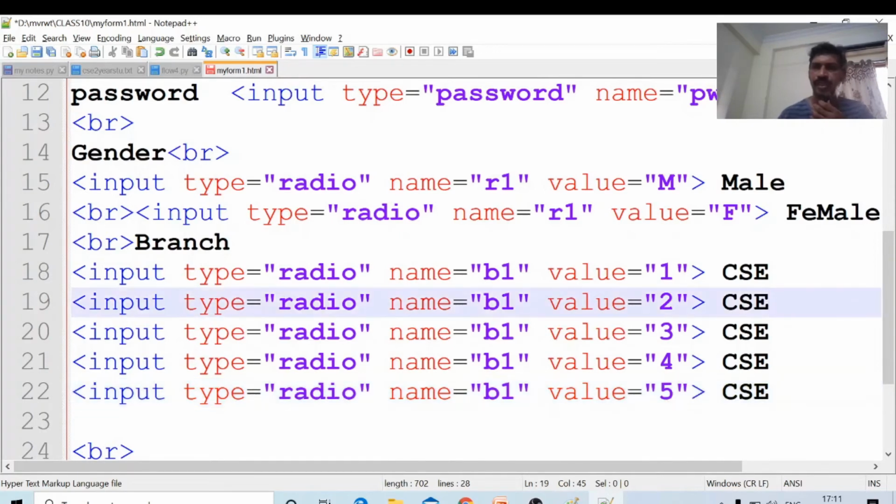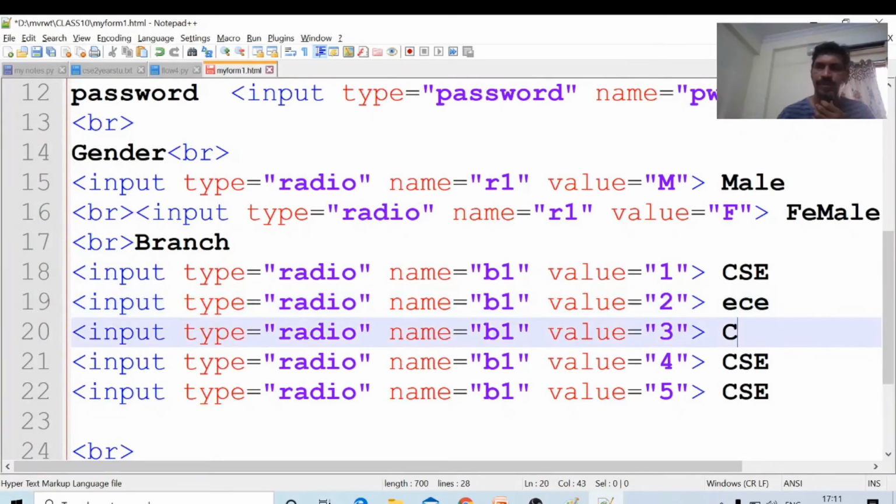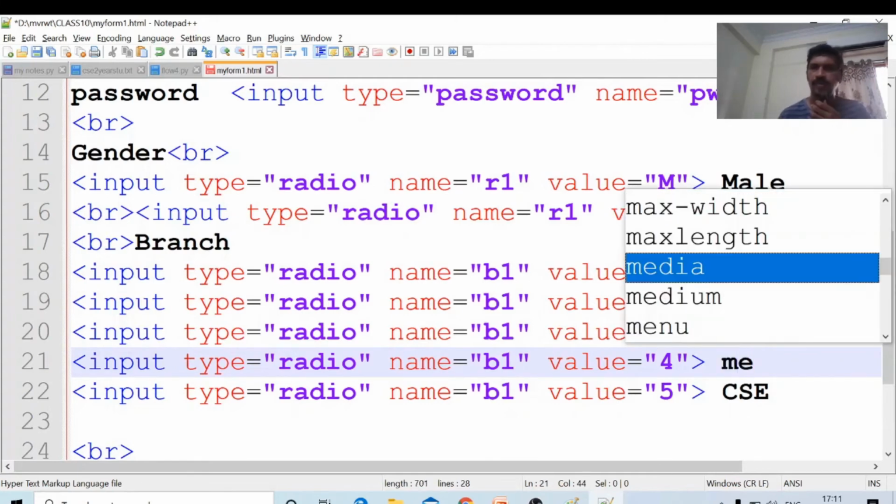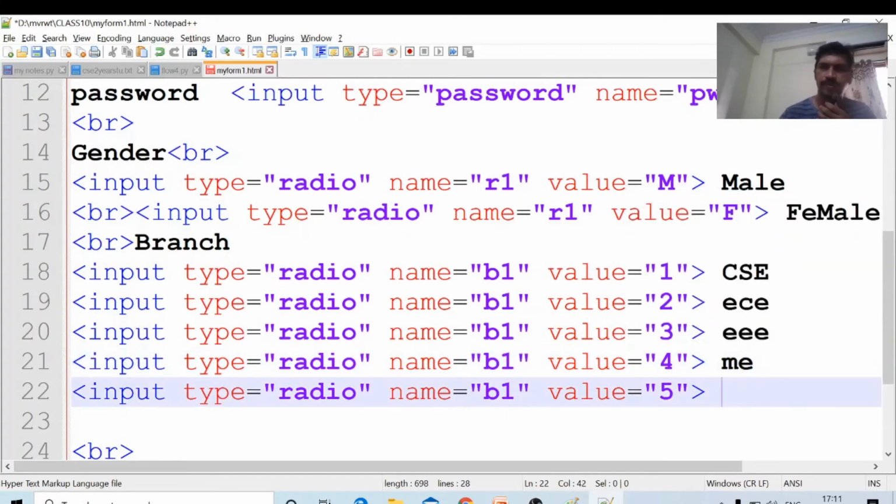CSC branch, ECE branch, EEE branch, mechanical, civil. These are the available branches.